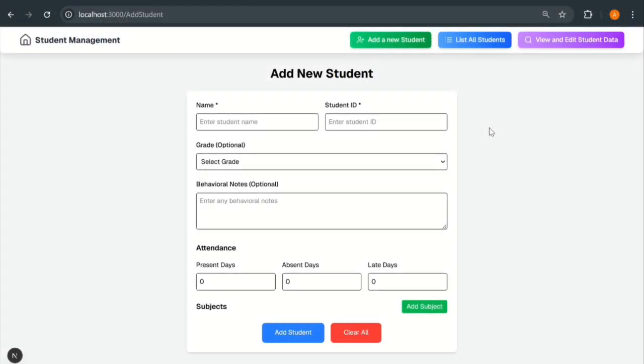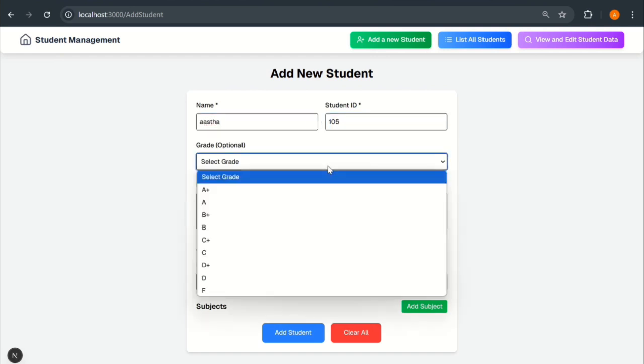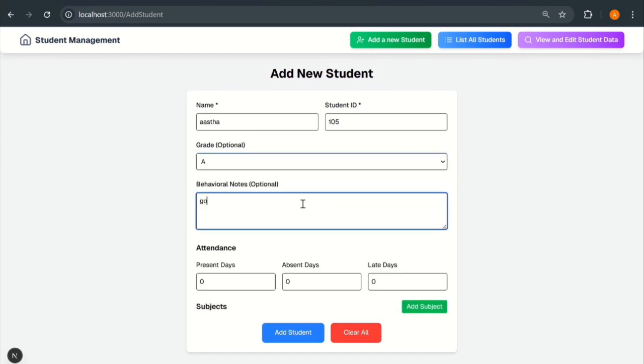Let's take a quick walkthrough of our student management application. At the top right, we have key options: Add Student, List All Students, and View and Edit Student Data. Starting with Add Student, here we can enter all relevant details such as student's name, student ID, grade, behavioral notes,